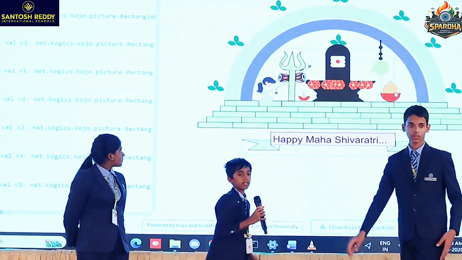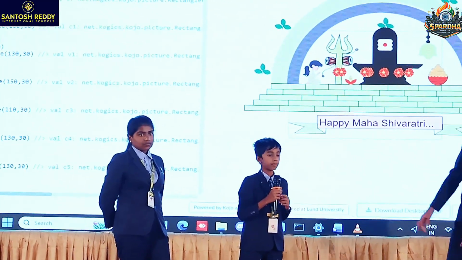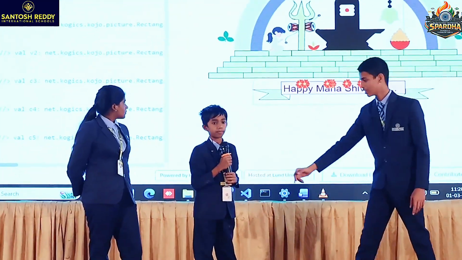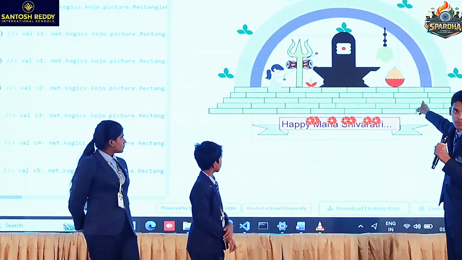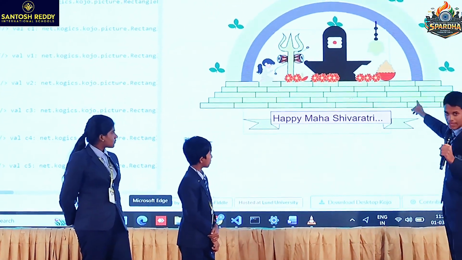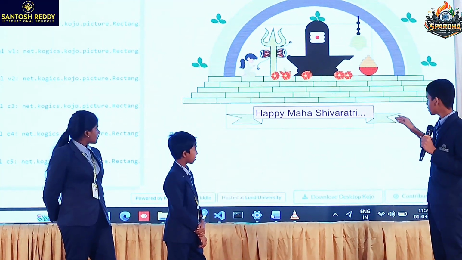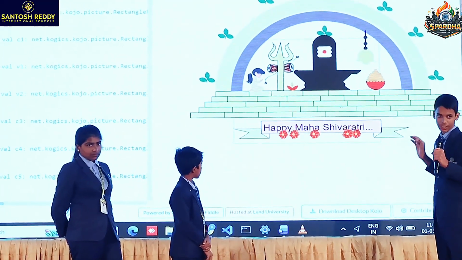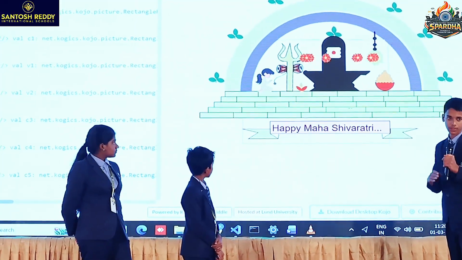How many images have you placed? Only for the god, we have used one. There is also one animation, ma'am. When you click on the bell, it comes down with the y-axis minus and x-axis 0. When it collides with the border, it repeats the same.